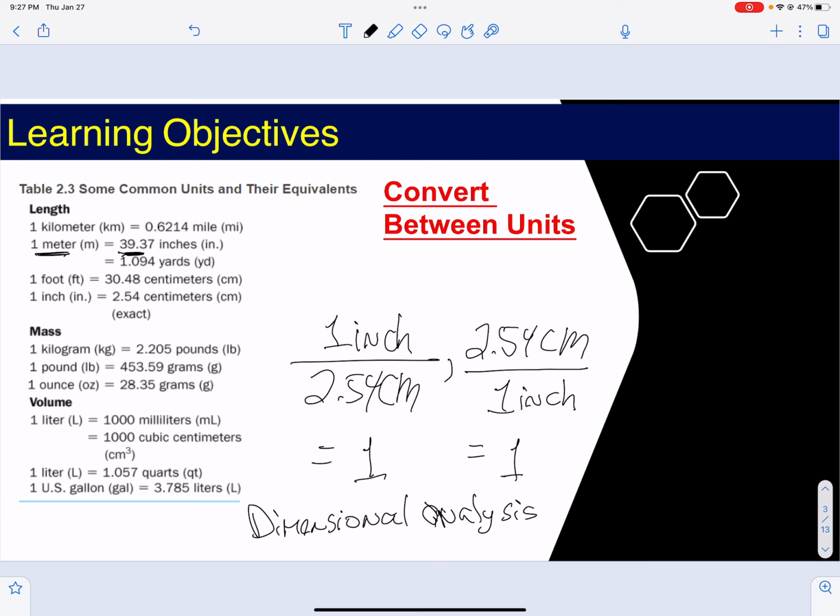Let's see, 1 foot equals that many centimeters. We got yards, we got inches. On this table, I do not have it, so let's find it on the internet. The table you will have for the test will be more extended than this. So Siri,